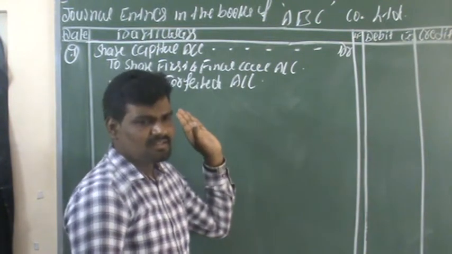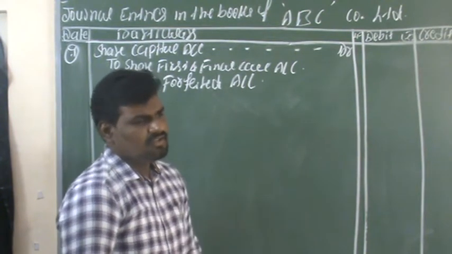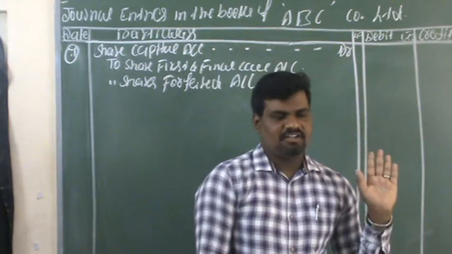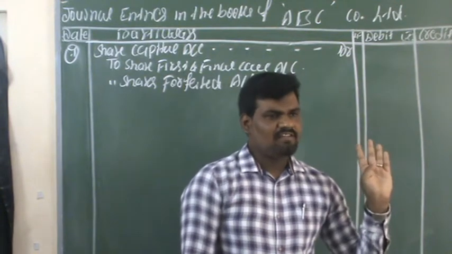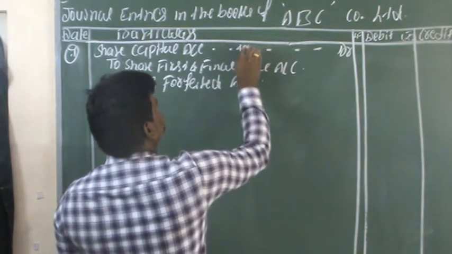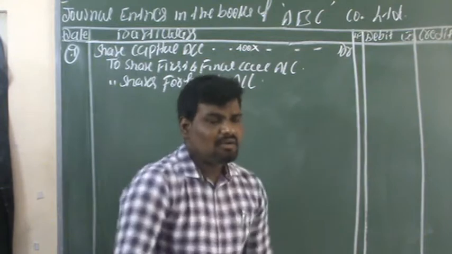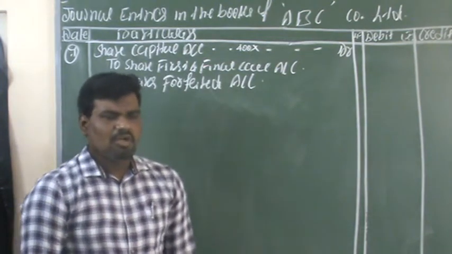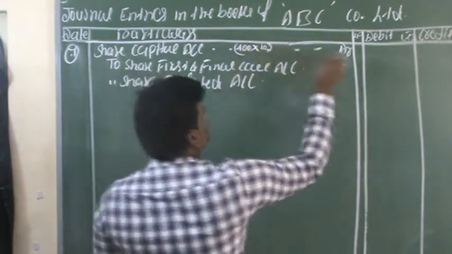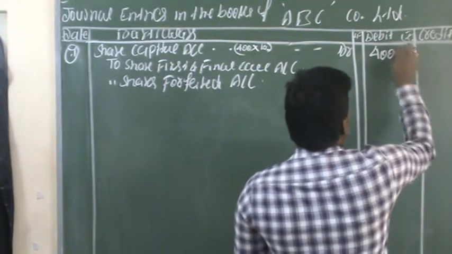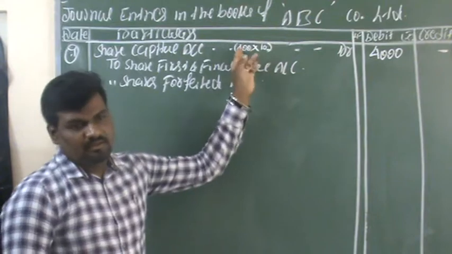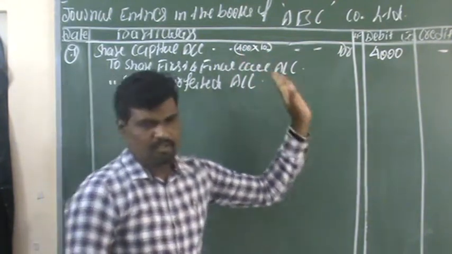In this question, as per the available information, we are receiving all the money except the first and final call on 400 shares. At the time of first and final call, we are not receiving on 400 shares, right? So I have to take those 400 shares into 10 rupees, because in the beginning each share was issued at rupees 10. 400 shares into 10 per share, we get 4,000 rupees. The value of each share should be 10 rupees in the beginning.